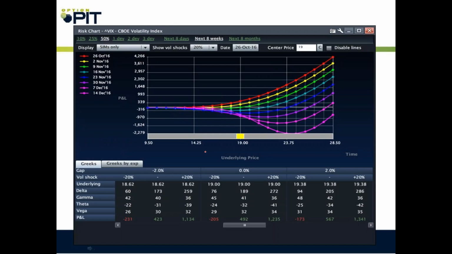So this is kind of what that trade looks like. And what I want you to notice is that really by kind of the end of November, early December, you start to lose that curvature, that hedge. And so you really want to get out by December non-farm payrolls. But early on, if we get a pop in volatility, it does a great job hedging.